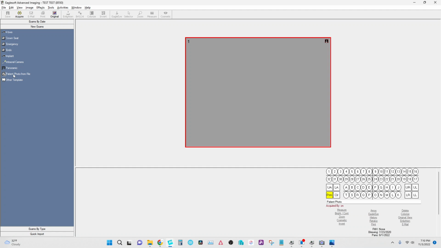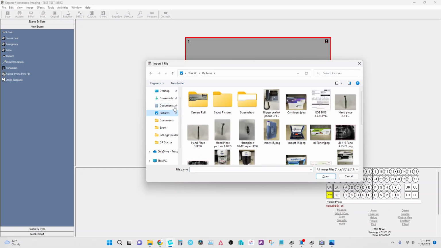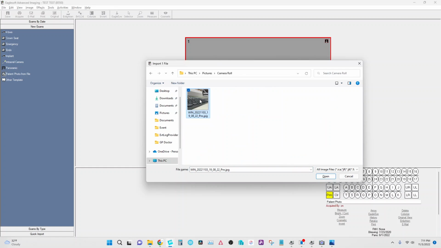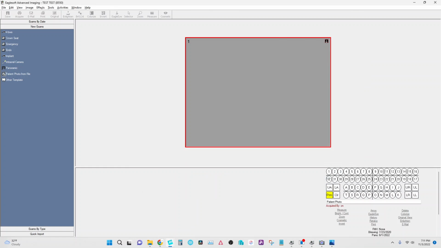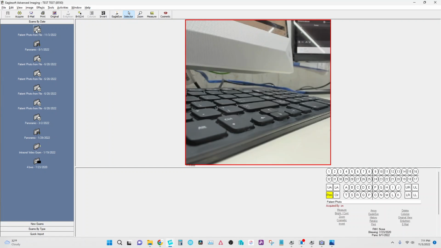So you'll go ahead and click on it. You'll right click here and click acquire from file, and then you'll go to your pictures, camera roll, and you'll choose this image. You'll see that that'll save that. Once we close that,